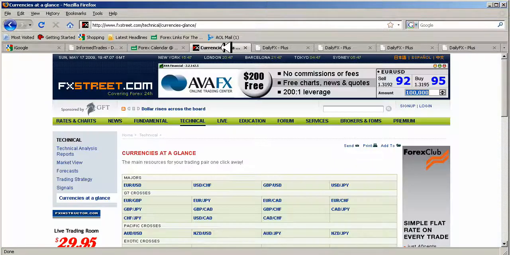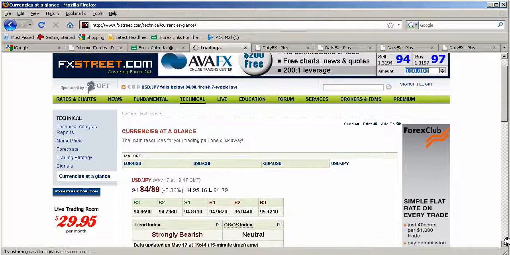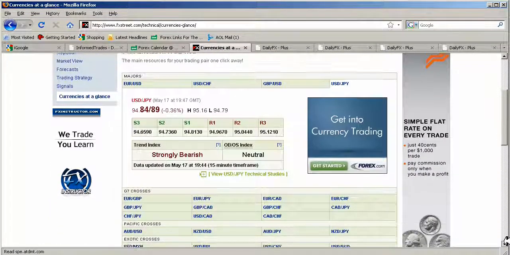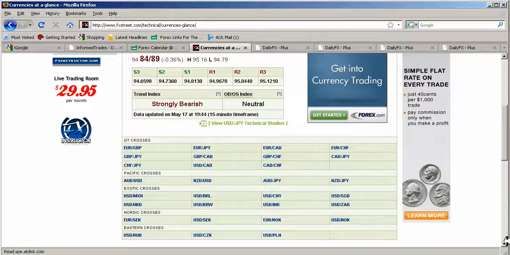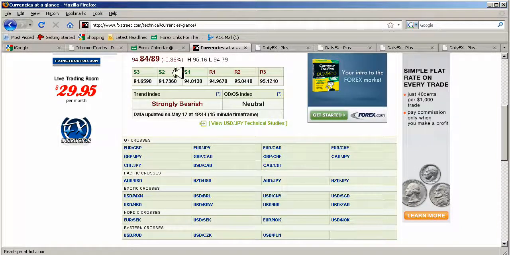Then I'll take a look over at FX Street's technical analysis page, which again has a great deal of information. For example, if we take a look at the US dollar yen page, we can see that there are actually a number of useful pieces of information. Pivot levels, support and resistance levels, an indication of how the technical indicators are bearing up for that particular pair,